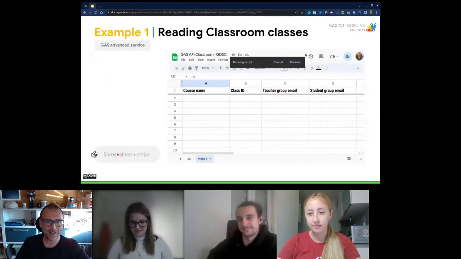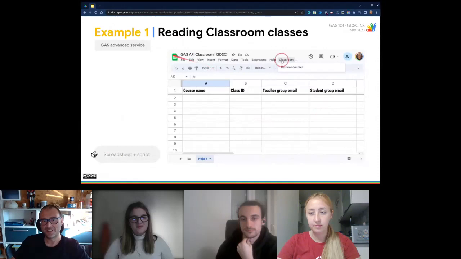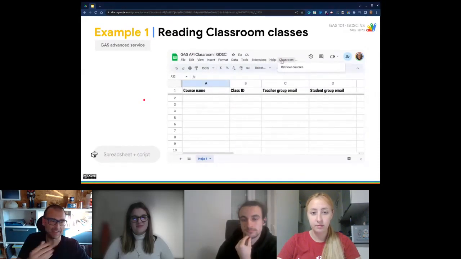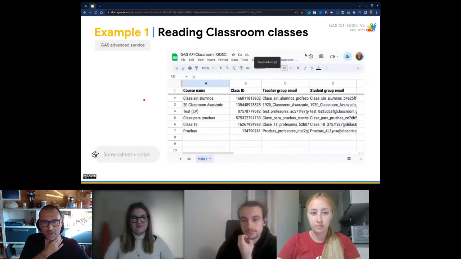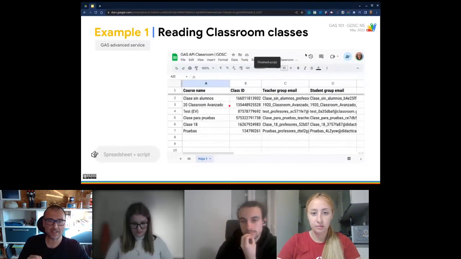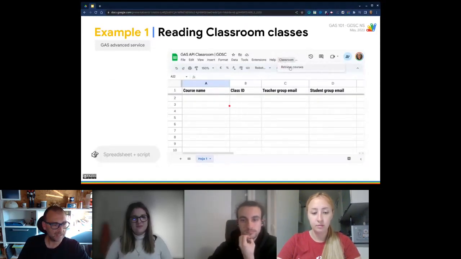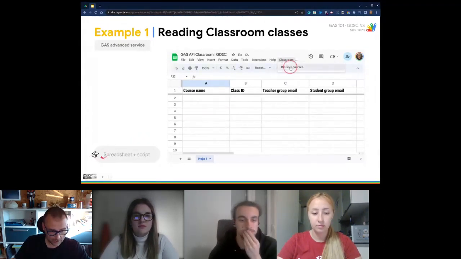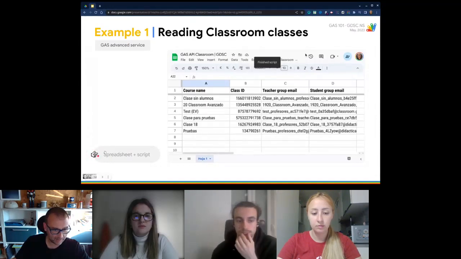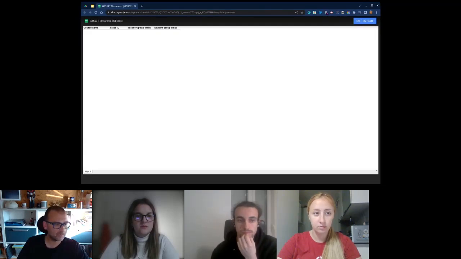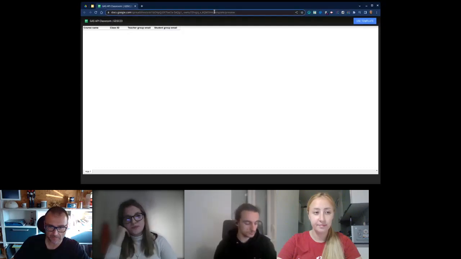First, a working piece of code. This is one of the first scripts I tell my students to try in the practical workshops I teach about Apps Script. This is a very simple script that gets all the Classroom courses the person who is running the script has access to. When you see this little shaking hand here, that means that you can click and get to the actual code and the demo, just for you, some food for thought after the presentation. So let's have a look at it.